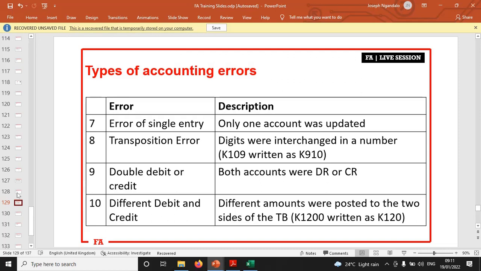Alright? Finally, different debit and credit. Different amounts were posted to the two sides of the T account, for instance. On one side you put 1,200 kwacha, but on the other side you forgot a 0